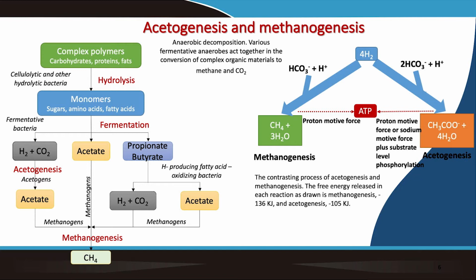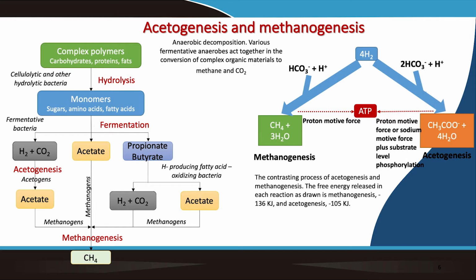The formation of methane gas depends on the conversion of hydrogen and carbon dioxide to acetate, acetate directly to methane, and the conversion of fatty acids to these intermediates as well. So you can see that the starting point, the key to this process, is hydrogen gas, and this hydrogen gas is going to be key to the success of the anaerobic digestion process, because as it is being produced, it has to be utilized. I will come back to this in the processes of methanogenesis and